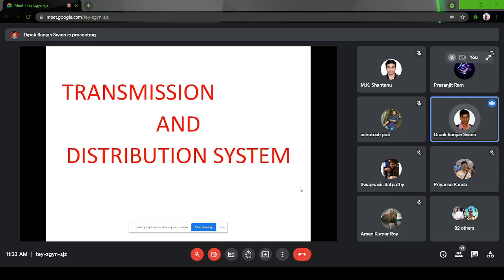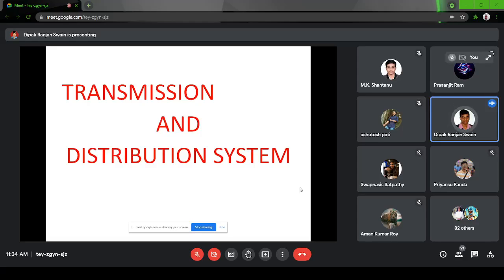How to draw the equivalent circuit of the transmission line. Equivalent circuit of the transmission line means, as I've told, there will be a resistance as the conductors are there, there will be a reactance or inductance, and there will be a capacitance. So in this first chapter, we will do derivations to calculate all of them individually and for different types of